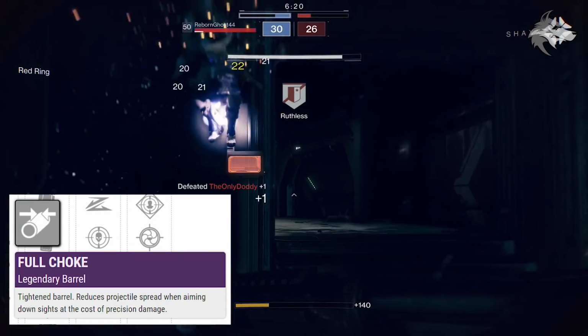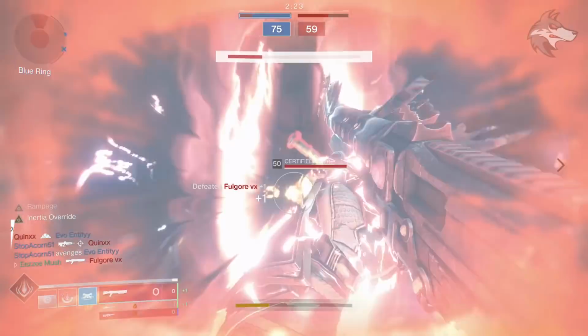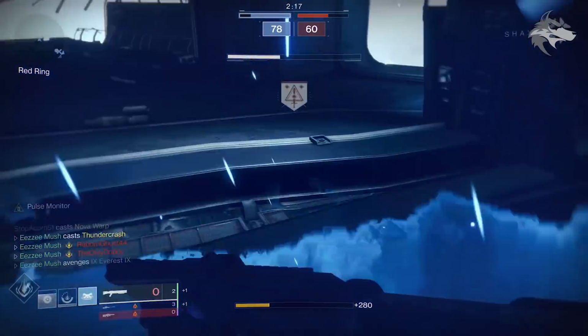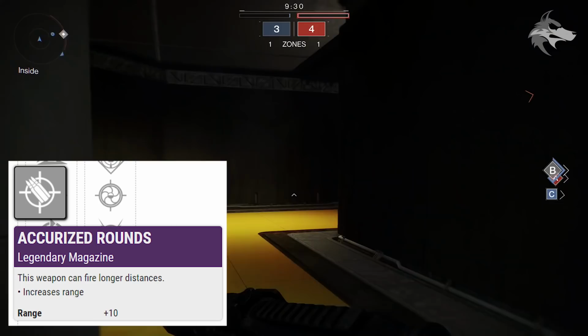So full choke or rifled barrel are probably pretty good options for PvP. Full choke will give you less pellet spread, so probably my preference, but rifled barrel's pretty good as well. On more of a PvE focused role though, Barrel Shroud is probably pretty good. That increases stability and handling speed. But then Accurized Rounds can roll out in the second slot, so for PvP, pretty much it's going to be